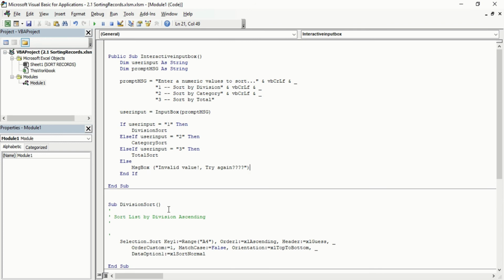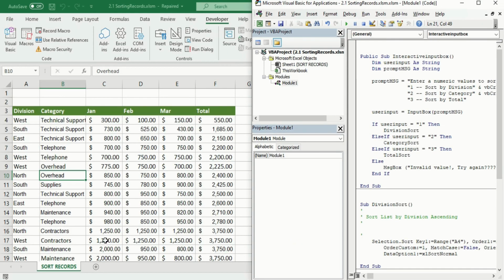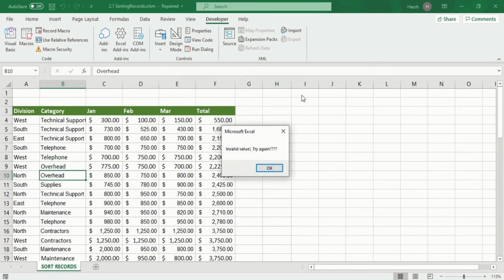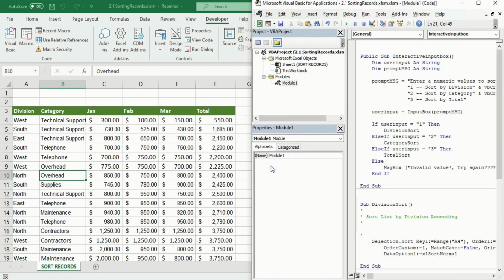Now we will see what happens if we run this. We put it on the side and again click on run. Now again it runs. Now we will put 4 and click OK. You will see a new box appear on our screen: invalid value, try again. But when we click OK, it again goes back to VBA.